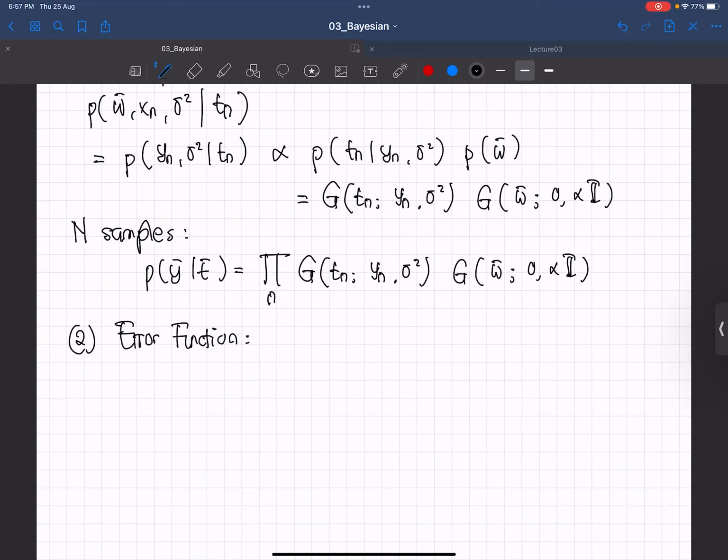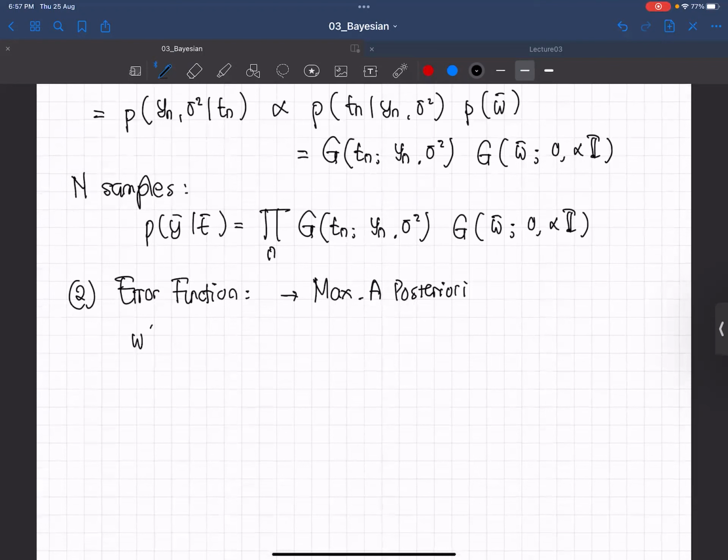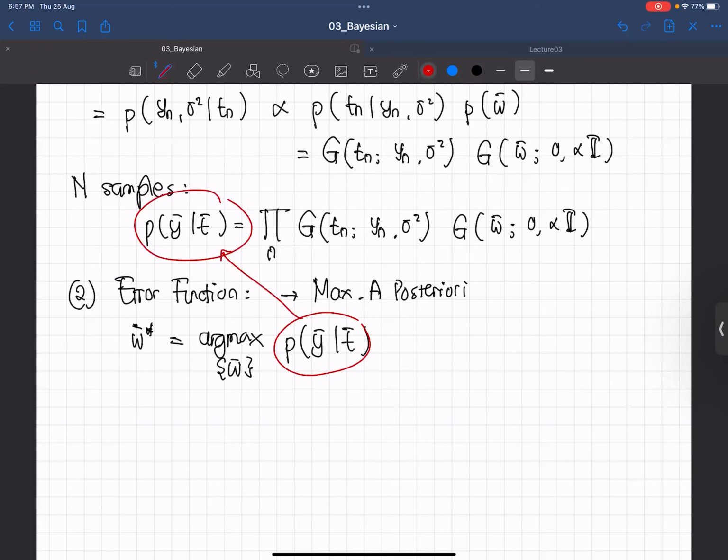So the error function is basically to maximize the posterior. In this case, we want to find W, and of course sigma square, but I just remove sigma square here. Argmax over W bar of P of y bar t bar. Again, this one refers to that one. I will not do the derivation here because it's very long. In the end of the day, this is argmax